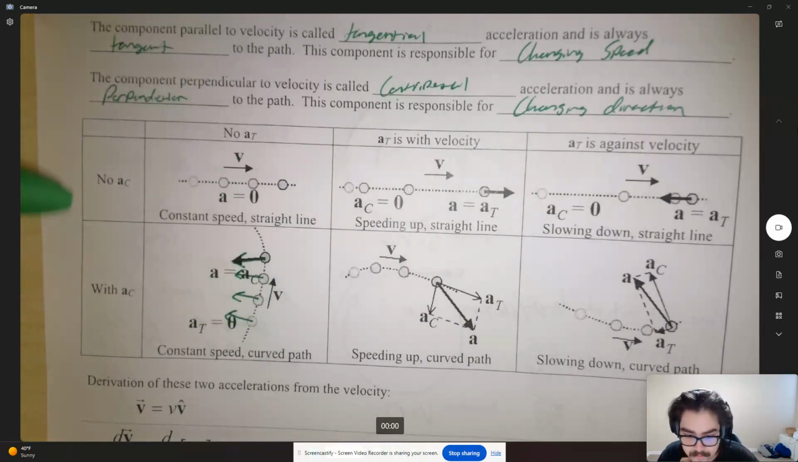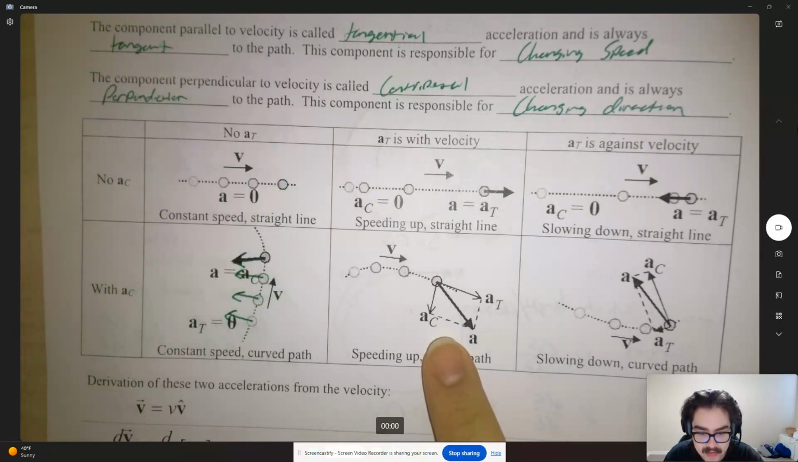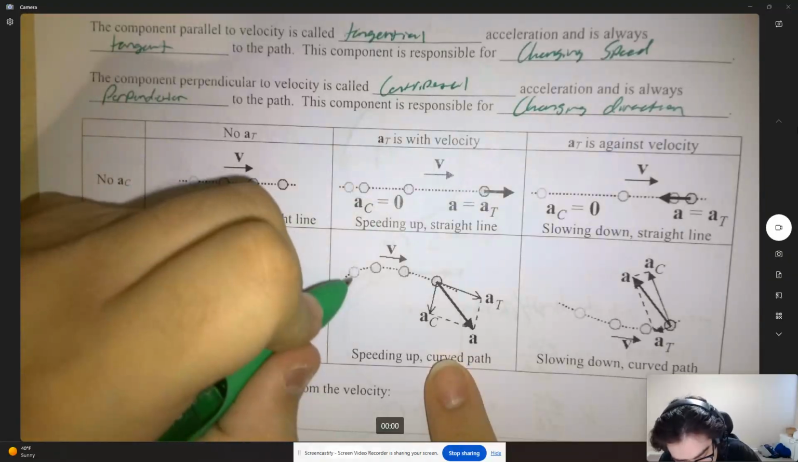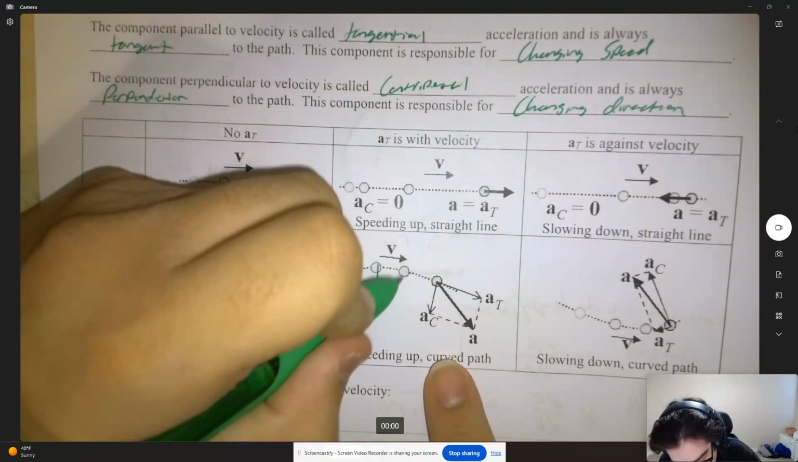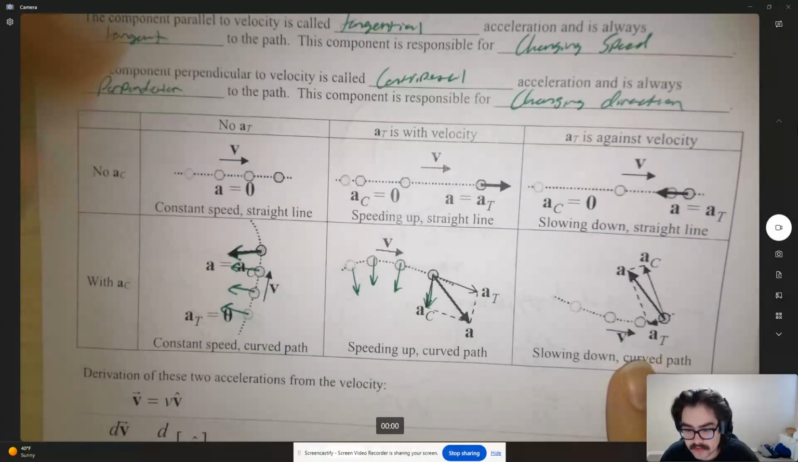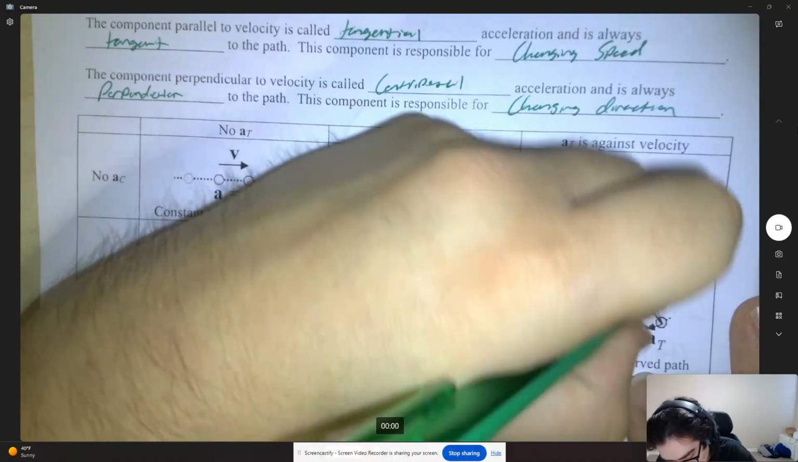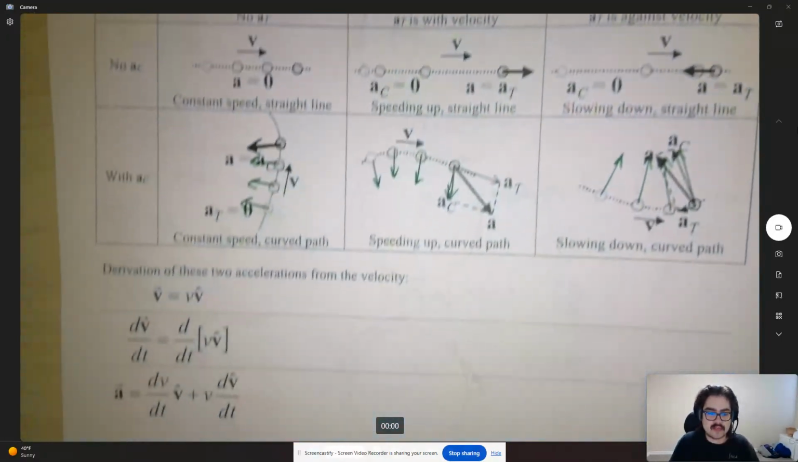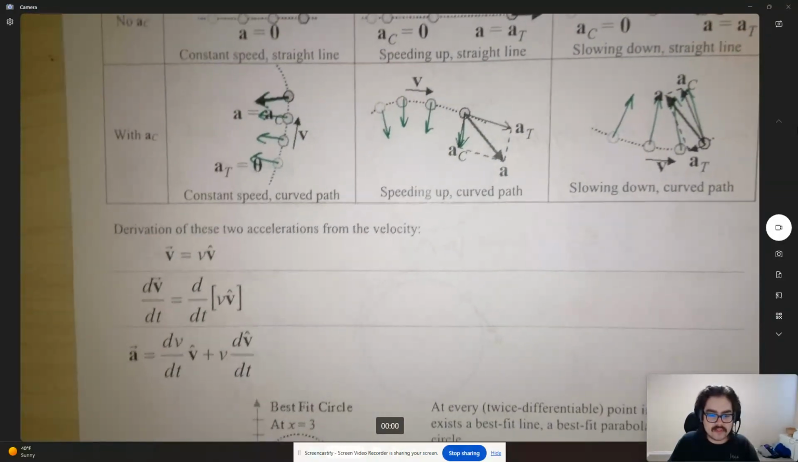It's always perpendicular. Here again, you're speeding up on the curved path. You'll notice again, this is going to go towards the center of the motion that's being exhibited. Slowing down again, you're going towards the center of that motion. Okay, and I probably didn't draw that super well, but you can see that there. Okay, how do I get those two accelerations